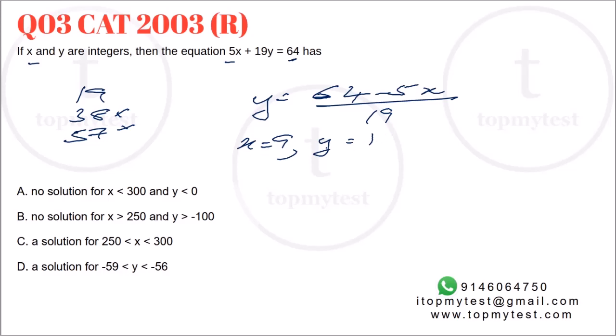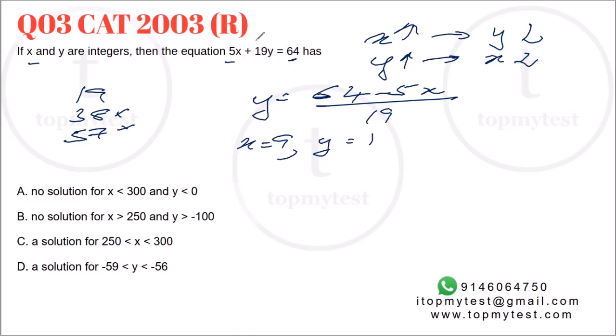Now we have found the first solution. How do we proceed from here? For the next solution, the value of x will increase by the coefficient of y, and the value of y will decrease by the coefficient of x. Or it will go the other way around: the value of x will drop by the coefficient of y and the value of y will increase by the coefficient of x. Because if x increases, y goes down; if y increases, then x goes down. This is the relation because the sum of these two terms is a constant, so if one goes up, the other has to go down. So we can directly figure out the next solution.